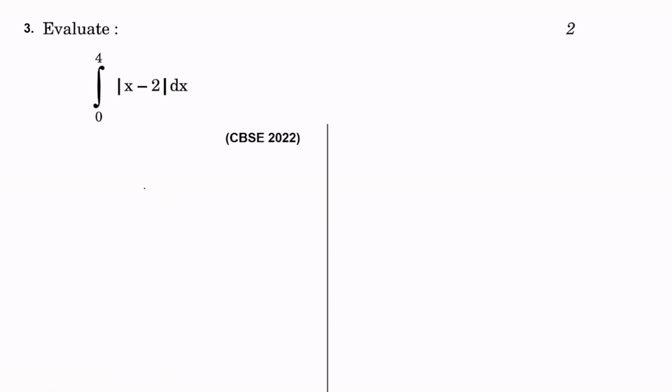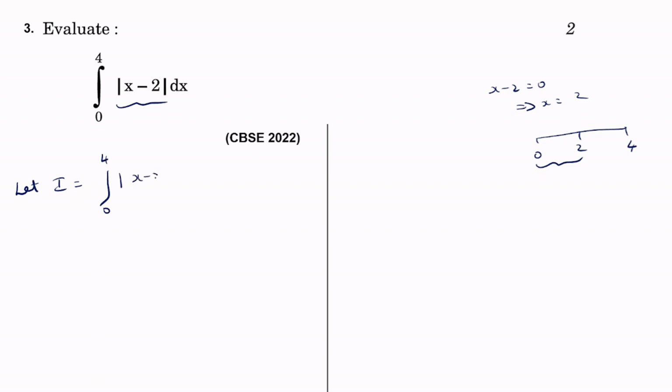These are very important questions. Here if we consider this mod of x minus 2, if we put x minus 2 equal to 0, we get x as 2. So if we have the interval from 0 to 4, from 0 to 2, we have this x minus 2 as negative, and from 2 to 4, this x minus 2 is positive. So we can write the given integral as, let us first take, let I be the given